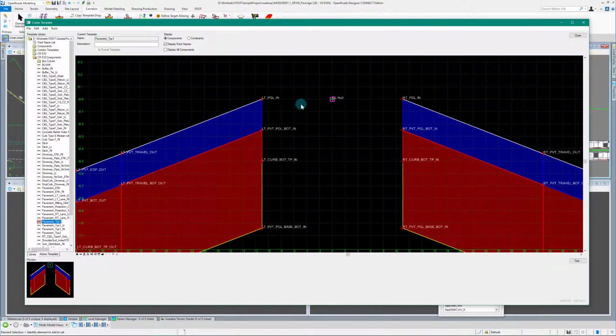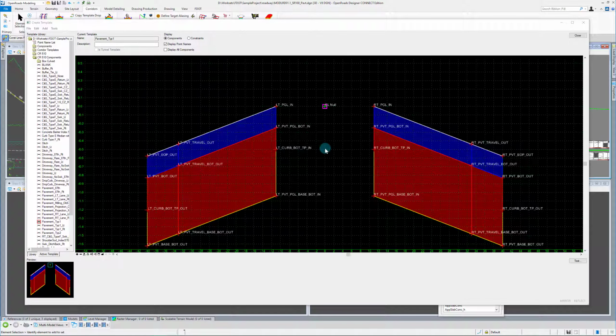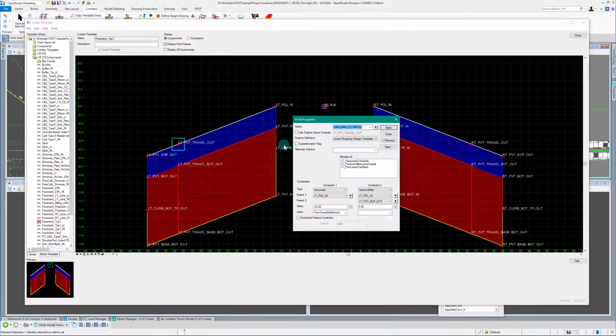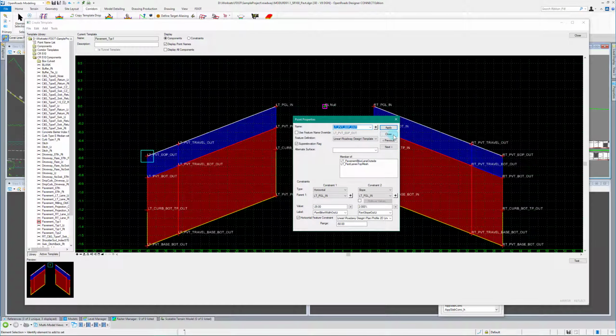If I wanted to have a split profile or two different profiles, I would have to set up a point control within my corridor to control these points. You could do it horizontally and vertically, but for this we're just going to keep it at 11 foot, and that's about it. I have two 11-foot lanes in here and a 7-foot bike lane,